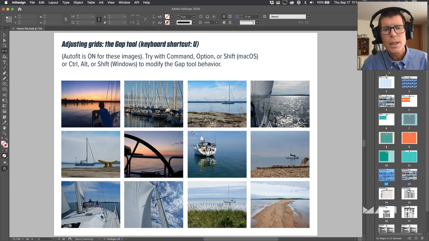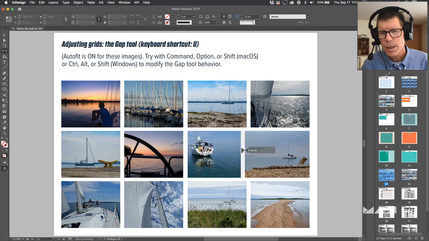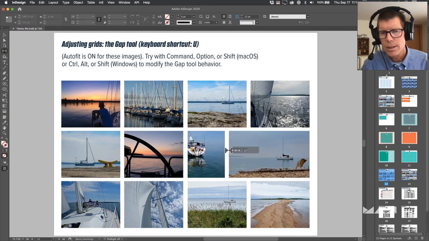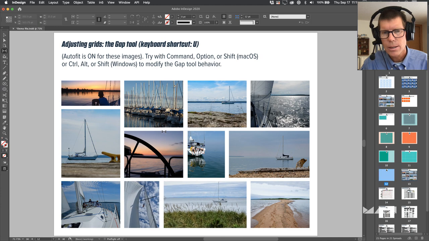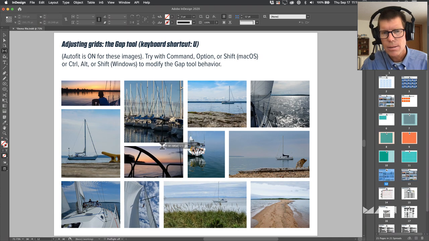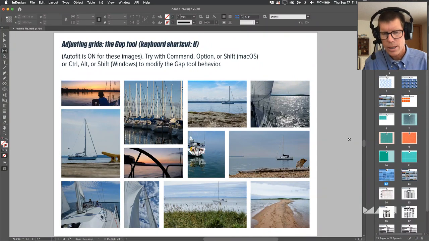What I think is really useful, though, is the Shift key. If I grab the Shift key and drag a boundary or a gap, look what it does. It kind of breaks it out of the grid and does this. So for creating like a Mondrian style layout very, very quickly, very easily, I mean, that is fantastic. That's a quick way to create that sort of thing.